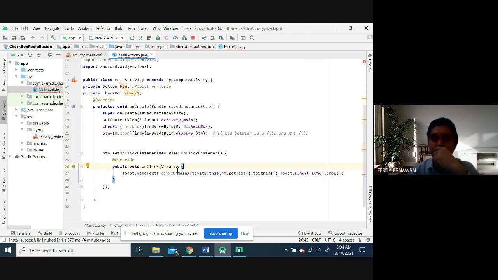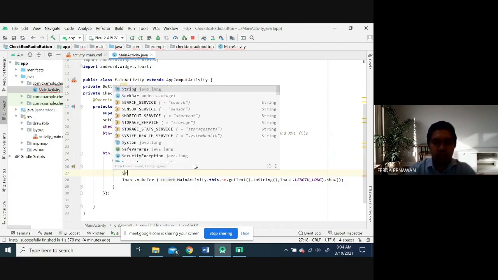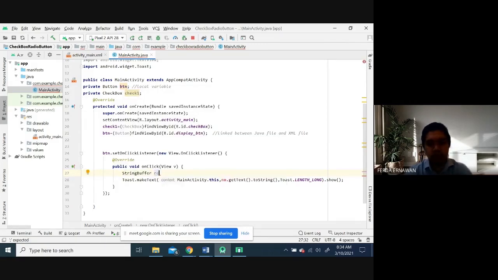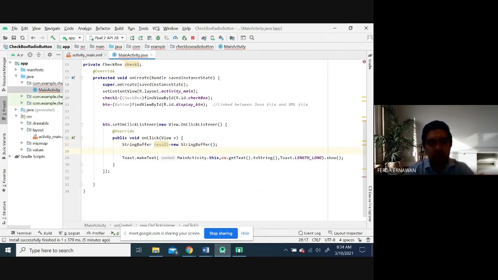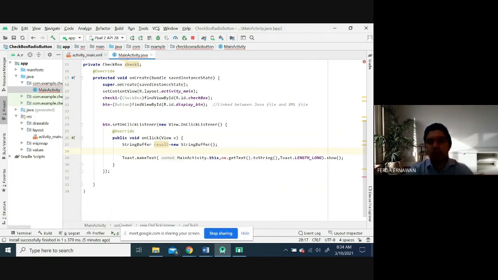But for the checkbox, here I have to type this, especially for the checkbox, yeah. Result equals new string. I have to save into the memory, and then result.